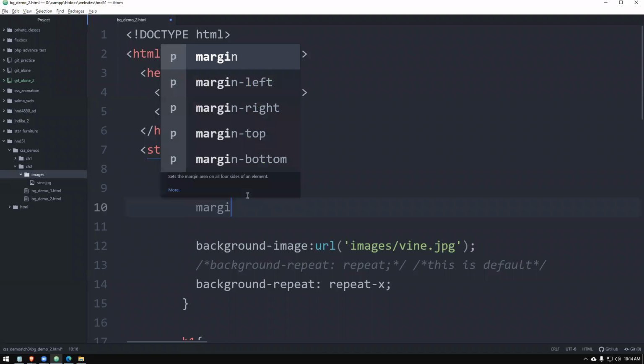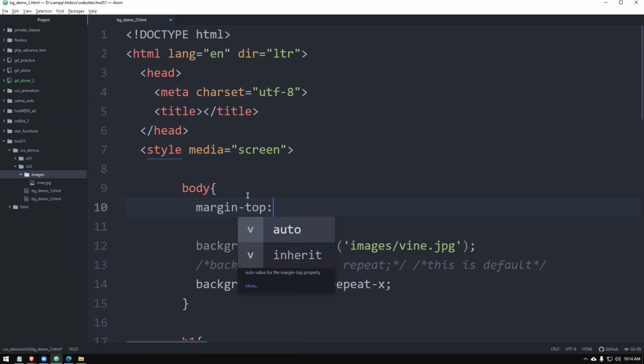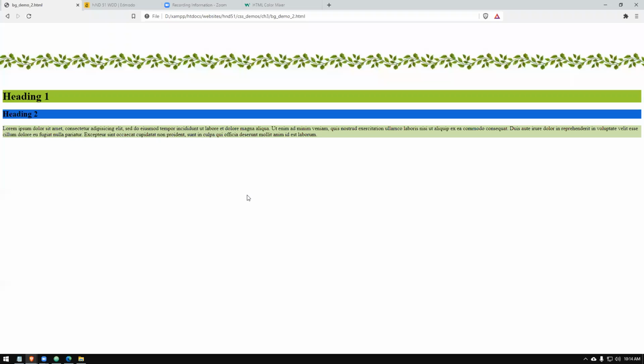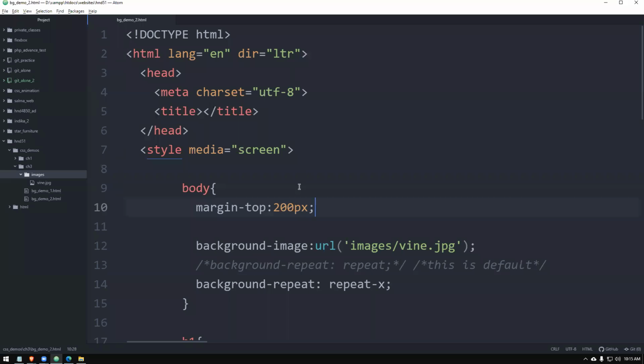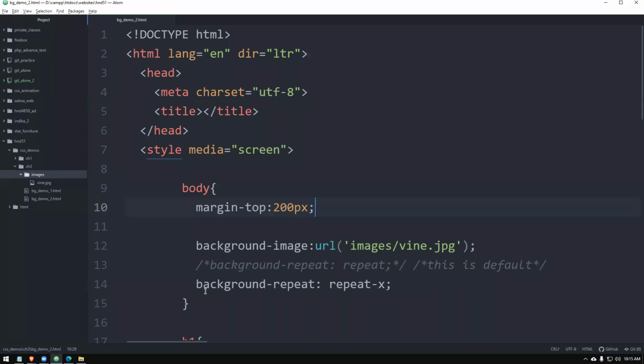Okay, margin. So I can put the content down by giving the margin, right? Or I can push this up also, right?